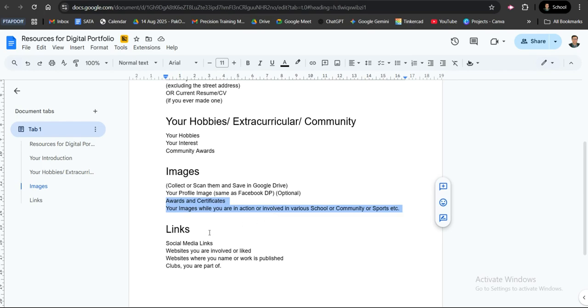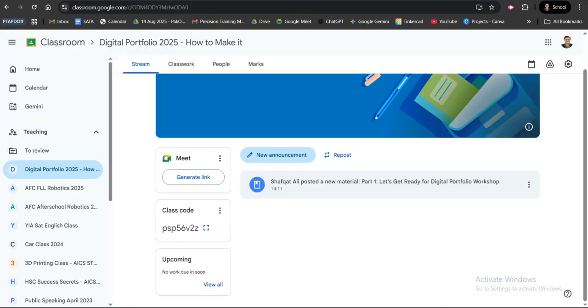Are you receiving awards? A copy of your awards and certificates you received for your excellent work. Also, you can have links of your social media or websites you were involved in, like a website where your name and work is published, or clubs you are part of. This information we need. And once you have this ready and shared with us through the email we gave, then